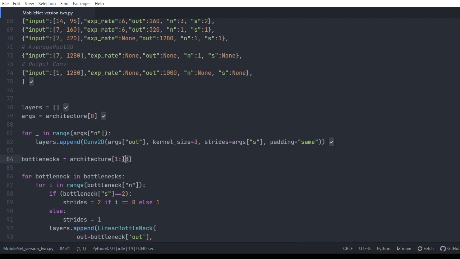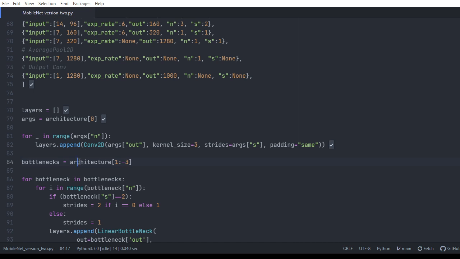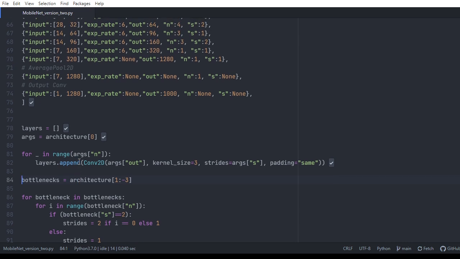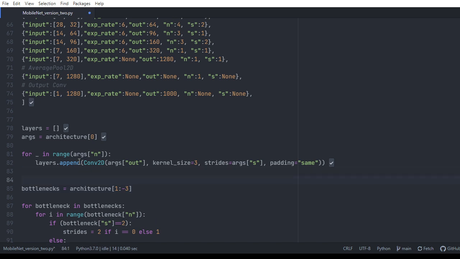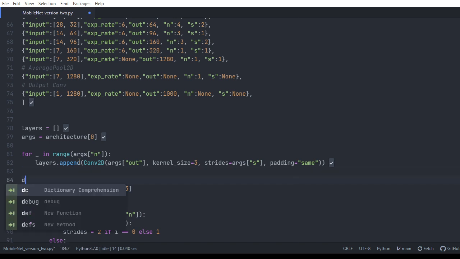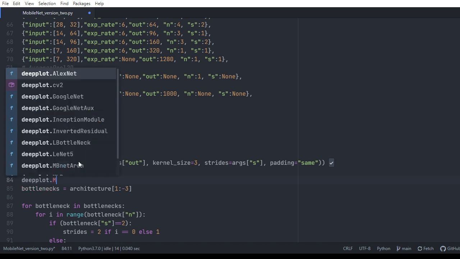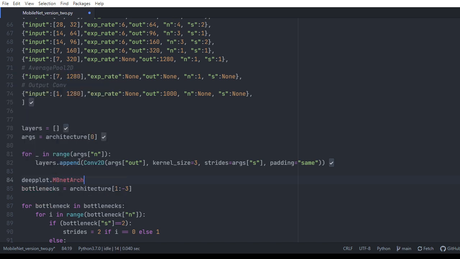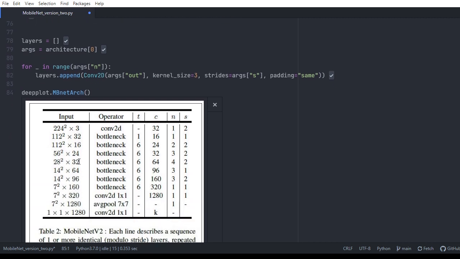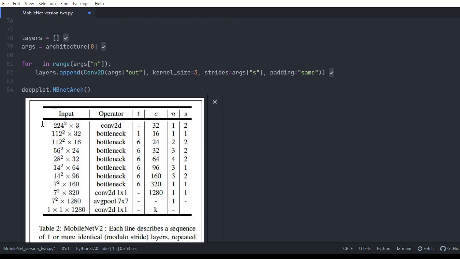Then this one now is for the implementation of the linear bottlenecks within the MobileNet architecture. So we see that if we view the MobileNet architecture, this one is for the implementation of the input layer. Now I want to start dealing with the bottleneck architecture, this one, all the way up to here, after which